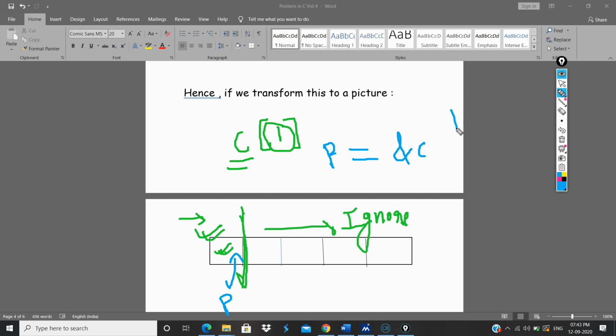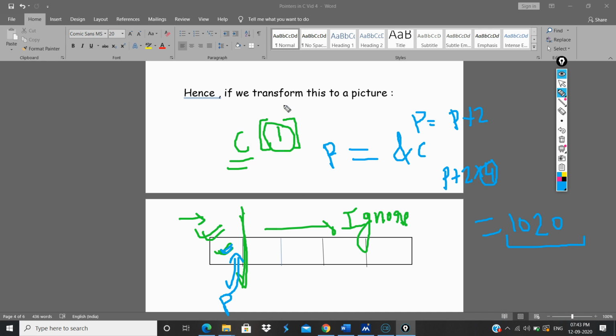Now suppose I write this statement, p is equals to p plus 2. In our logic, what will happen? Basically p plus 2 times of 4. Why 4? Because the value in this particular sub block is an integer type, and it occupies 4 bytes of space, and p is pointing to this. So basically 4 comes here. So in this case 1020 should be our answer.